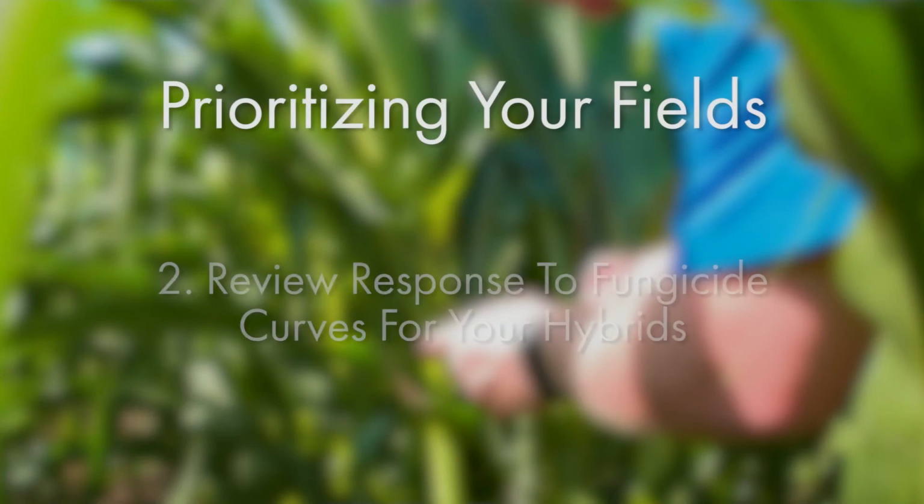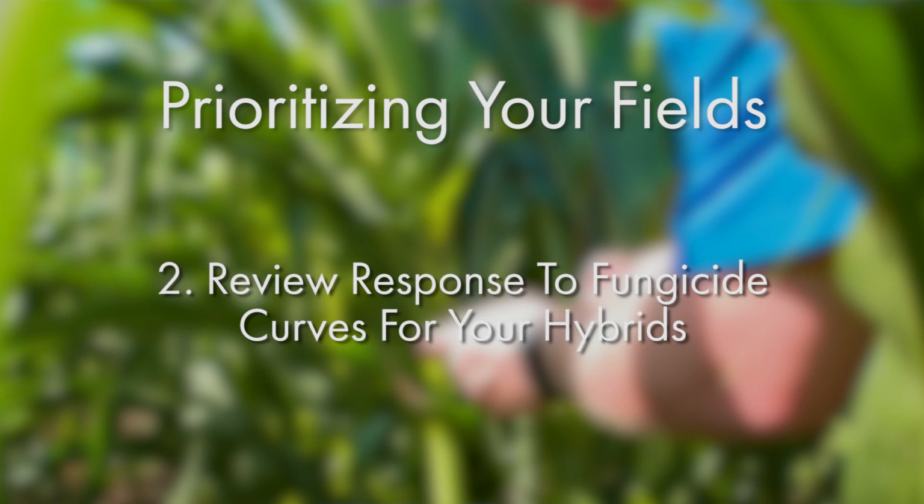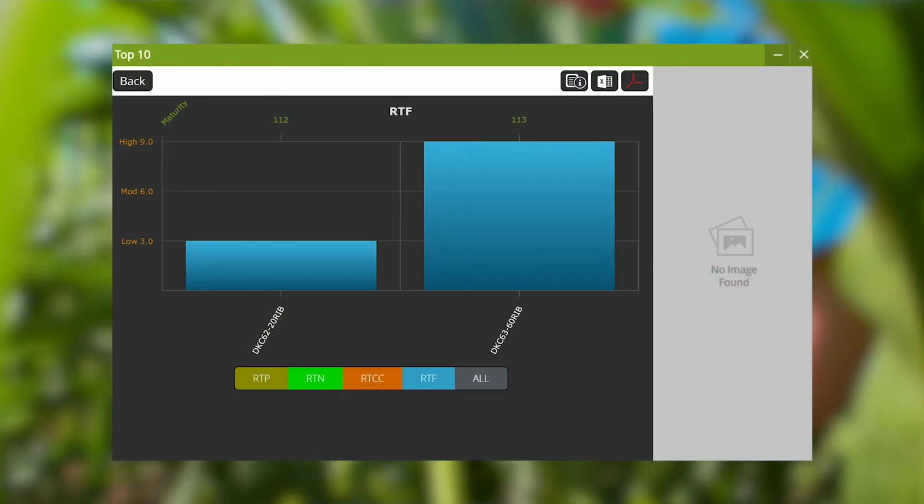And here's where you and your FSA can work together. Through the Answer Plot system and the research Winfield United has done, we have a response to fungicide curve on most, if not all, the hybrids you might have in your portfolio. So we can go through and look at those hybrids and how they respond to a fungicide application. This is critical because the lower the response curves, the lower our probability of getting a positive return on investment. The higher the response curves, the greater our opportunity is, and the more likely we're going to see a benefit